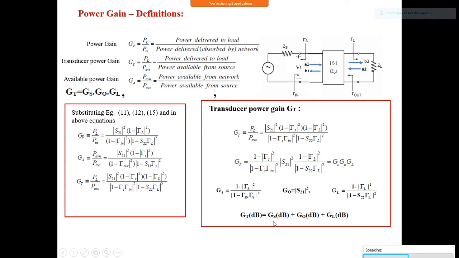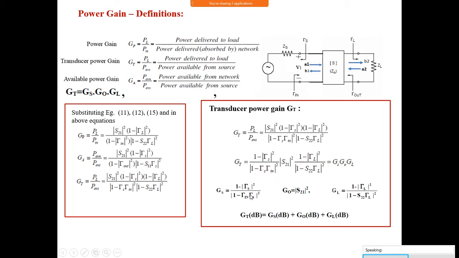But we can design this GS value and the GL value. For example, I want GS equal to 4 dB. How to get that value? GS equal to 4 dB and GL equal to 4 dB. And we know here GS is equal to 4 dB. How to get it equal to 4 dB? Similarly, how to get this GL equal to 4 dB? That is what to do here. How to get 4 dB?